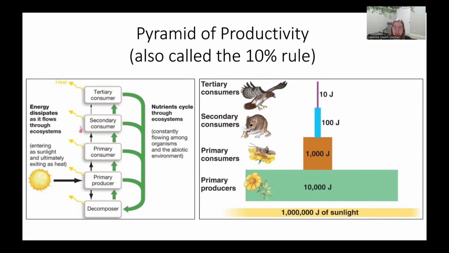So we have a lot of loss of energy through this. We have a word called entropy that describes this. However, nutrients can't leave Earth. They are stuck on Earth. So all of our carbon, all of our nitrogen, all of our phosphorus, those nutrients, those elements, they just cycle